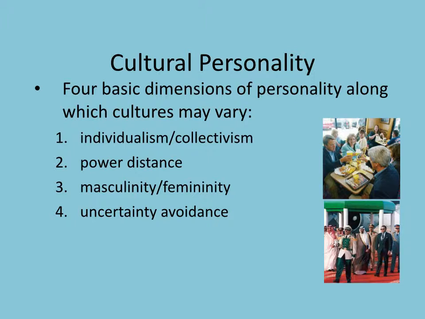Now, individualism is the ability to think for yourself and plan for yourself, and making sure that your life is fulfilled to your meaning. When we talk about Hofstede, we talk about high or low. If you're high in individualism, you're like the United States, where you're working hard for school, not for the betterment of your family, but for the betterment of your life and your future. Collectivism is the opposite. It's when you go out of your way to provide a better life for your family, where your focus is your family's success, not your own success. High in individualism is the United States. High in collectivism would be China, Korea, Japan, a lot of your Asian countries.